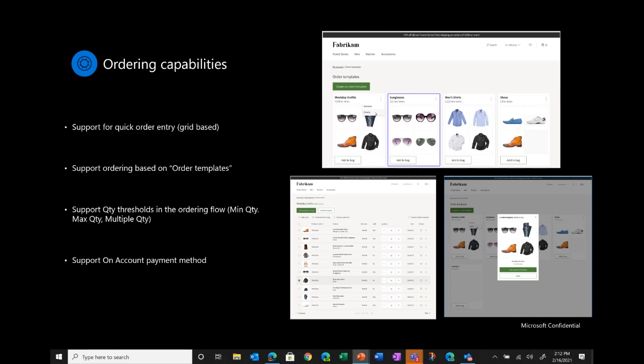So being able to define order templates and then use order templates as a part of the ordering experience is the additional capability that we have enabled for B2B e-commerce.